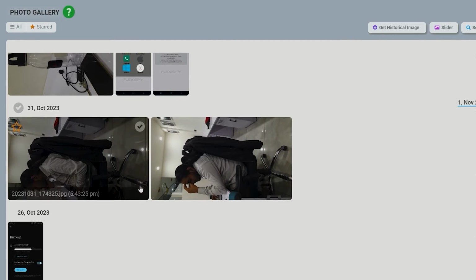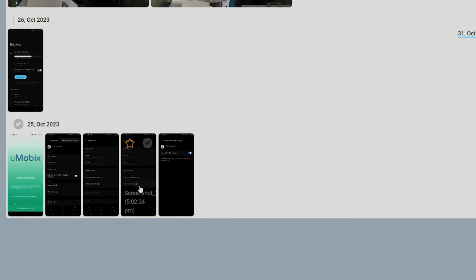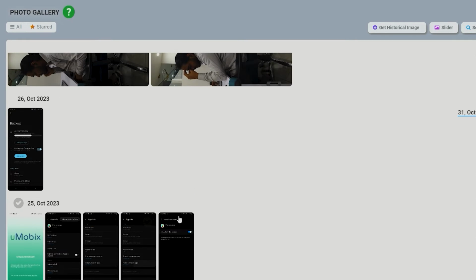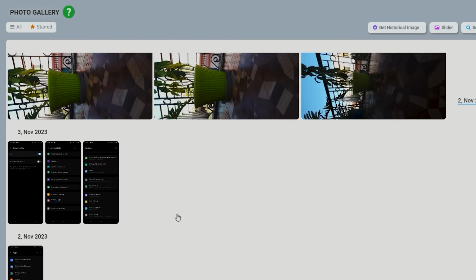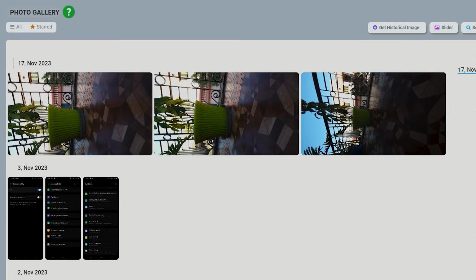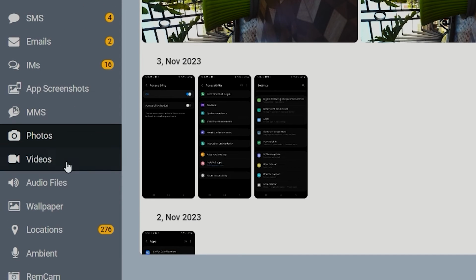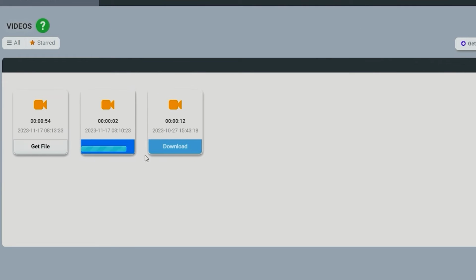Just like a sensual photo is harmful to the child's mind, the same impact can be levied through a video as well, even more harmful. So just checking the photos present and turning a blind eye to the video section can be the silliest mistake you could ever make. When you go to the video section, you will see some files present there. First, what you have to do is click on Get File. After some time, a download option will appear in the video. Click on that. The video will get downloaded after some time, and once that's done, you can see the video